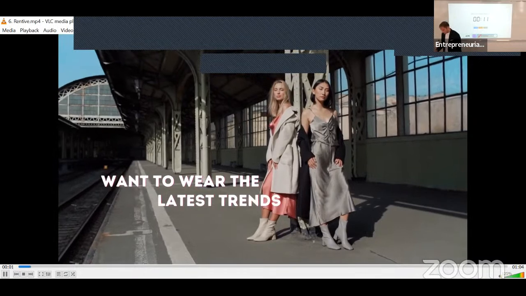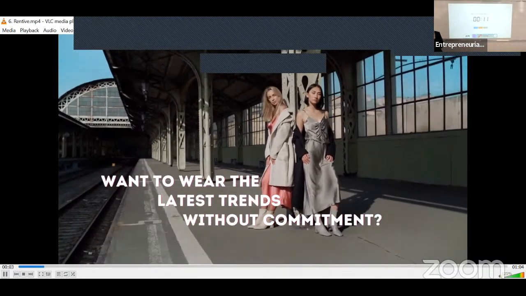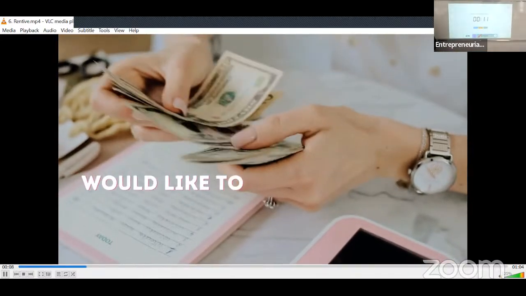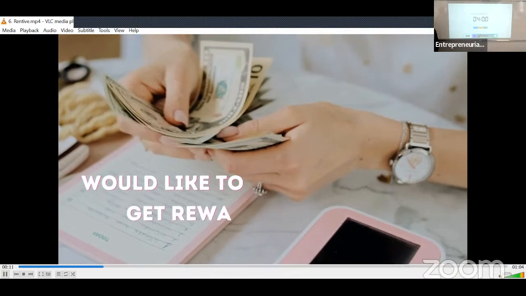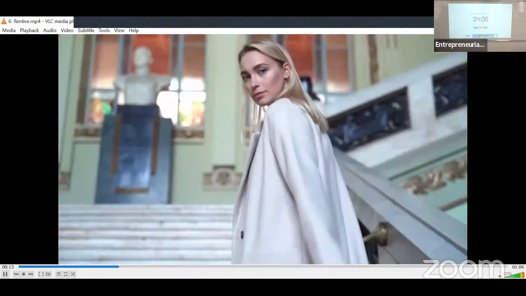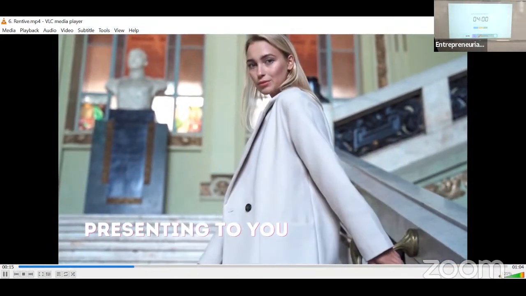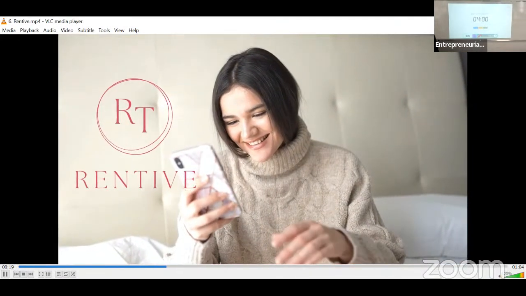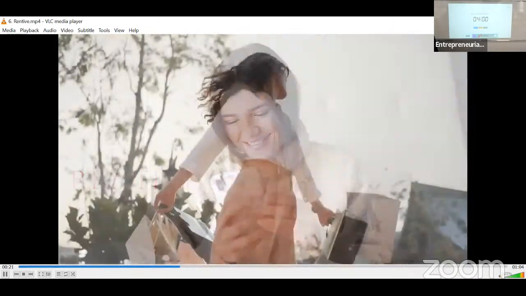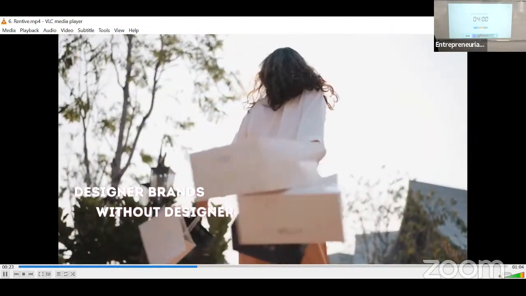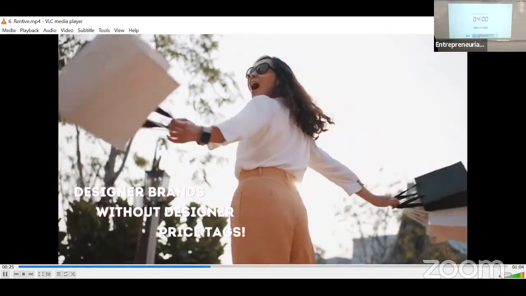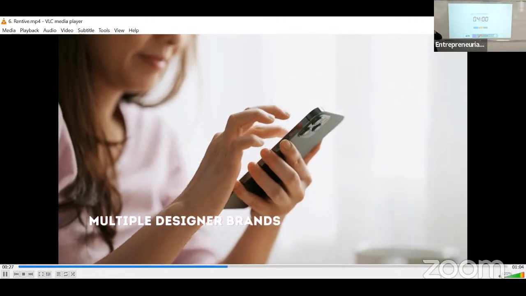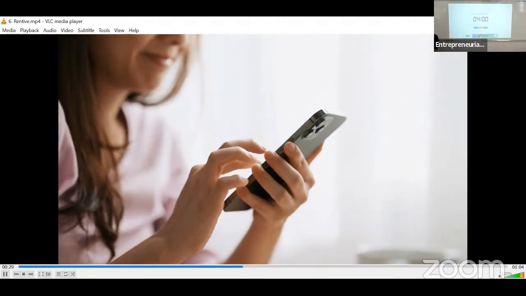Want to wear the latest trends without commitment? Do you have a wardrobe full of designer items? Would you like to get rewarded for it? Presenting to you, Rentive. Designer brands without designer price tags. Multiple designer brands just one click away.